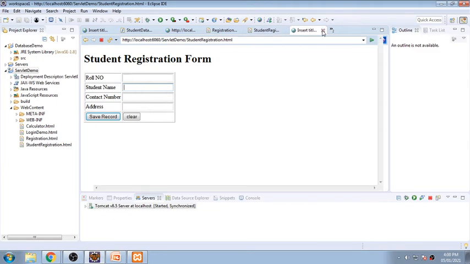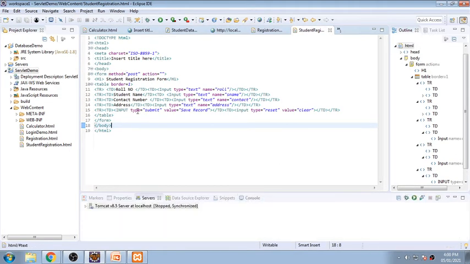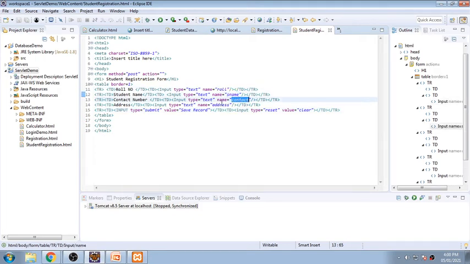Now we'll move to the code again. I'm stopping the server. So whenever I click on this submit button, the data from this text box, roll number, sname, contact and address should be captured together and should be posted using a post method into a servlet. So I will be giving a name called InsertStudentServlet.